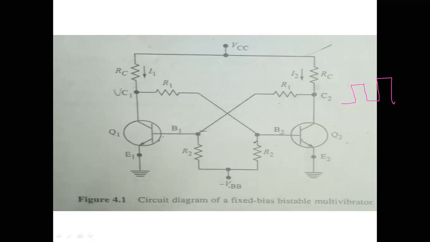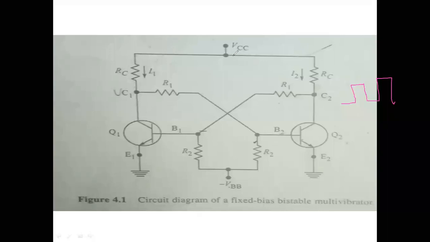In order to change the state of these transistors, we have to apply the triggering pulse to the base circuits. For every point we have seen the justification: how we apply the triggering pulse, and why the transistors will be in on state and off state, why not both in the same state, that means both cut off or active or in saturation. Why it is not placed in those positions, that we have seen.